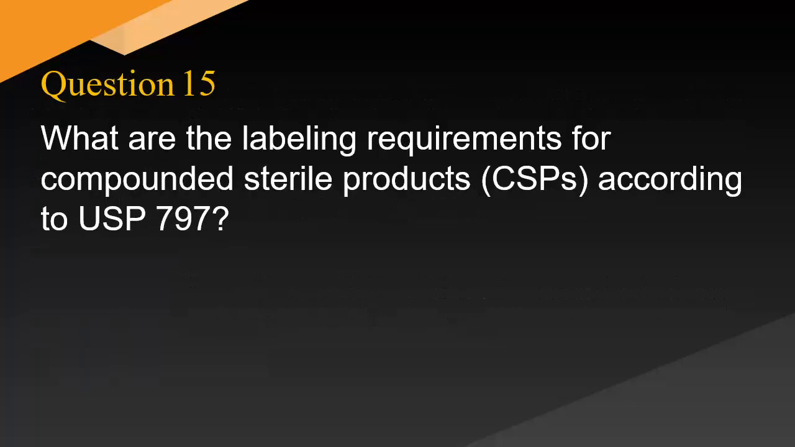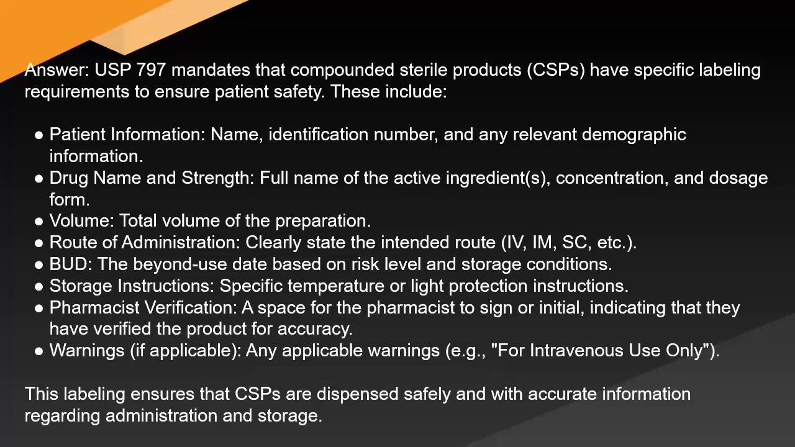What are the labeling requirements for compounded sterile products (CSPs) according to USP 797? Answer: USP 797 mandates that compounded sterile products (CSPs) have specific labeling requirements to ensure patient safety. These include patient information, name, identification number, and any relevant demographic information; drug name and strength, full name of the active ingredient, concentration and dosage form; volume, total volume of the preparation; route of administration, clearly state the intended route,